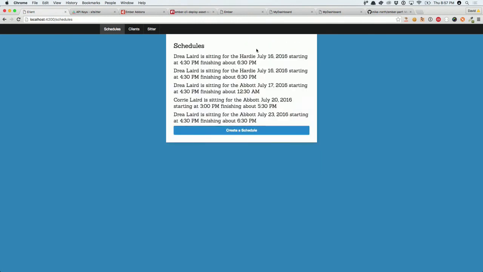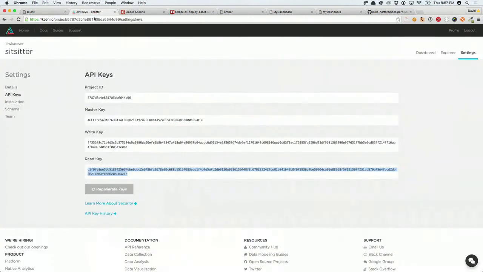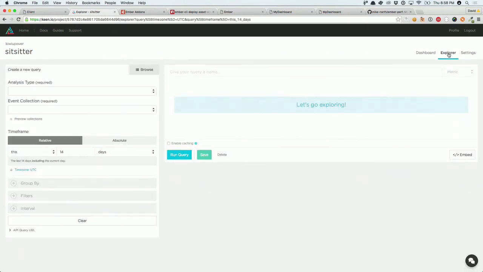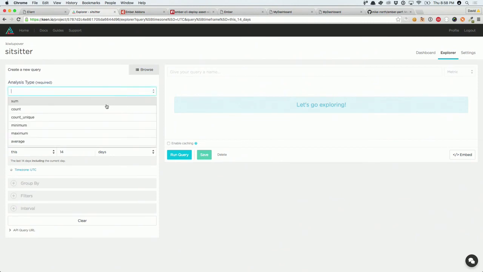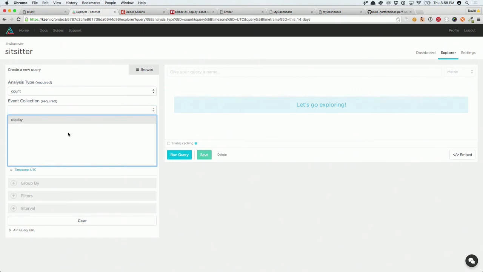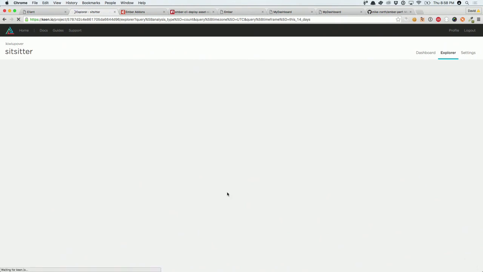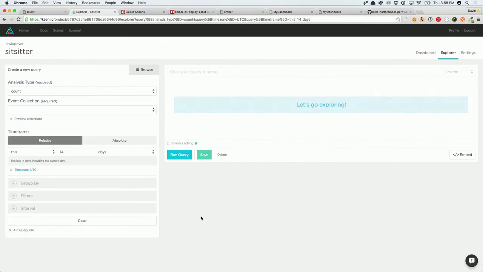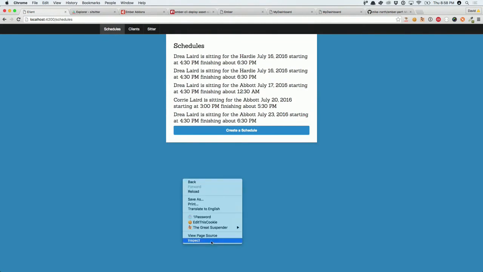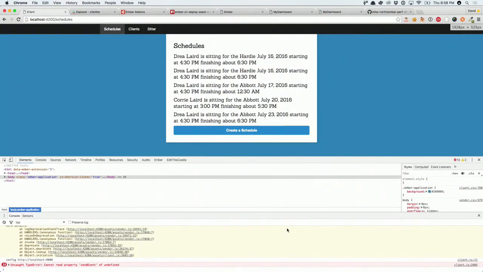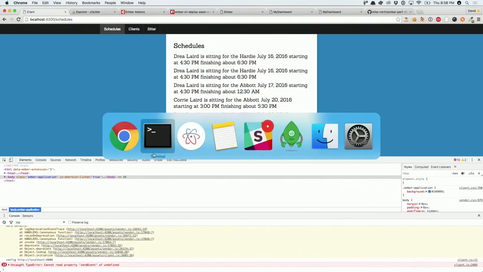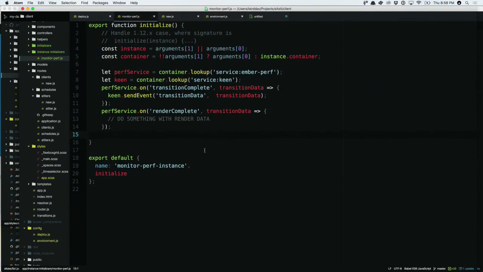Okay, so let's have a quick look at that data. The next piece that we're going to add to the Ember dashboard is a graph for this data. So let's do a count. Need to refresh this. What did I do wrong here? It says send event not defined. What's that? It says send event isn't defined. Is it the right